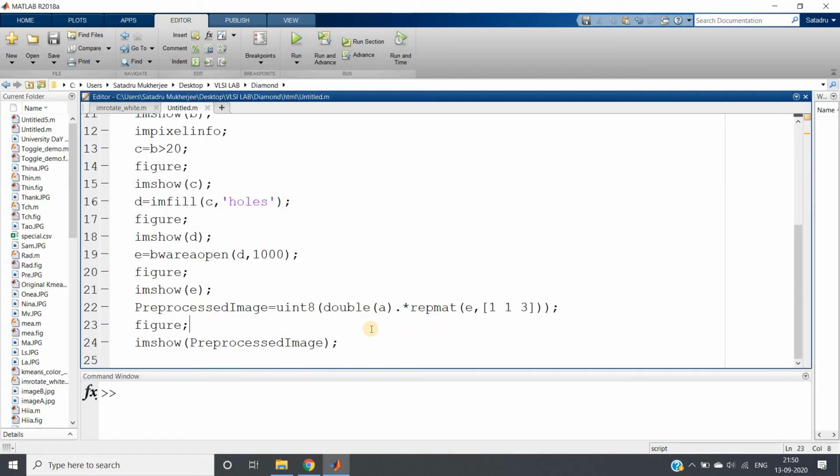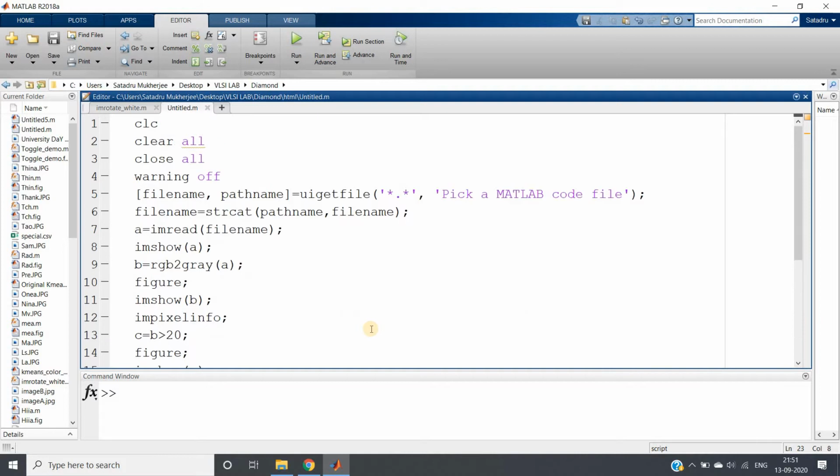So in this particular video, I am going to continue my discussion on kidney stone detection using digital image processing, an application of image processing in medical science. In my previous video, I did some pre-processing. First of all, we read the image, and we are giving the user the opportunity to choose the particular image using UI get file.